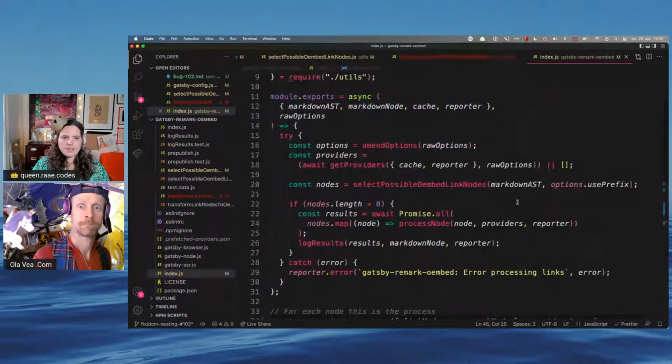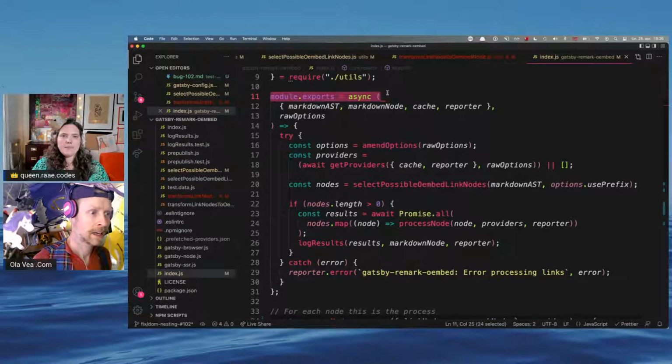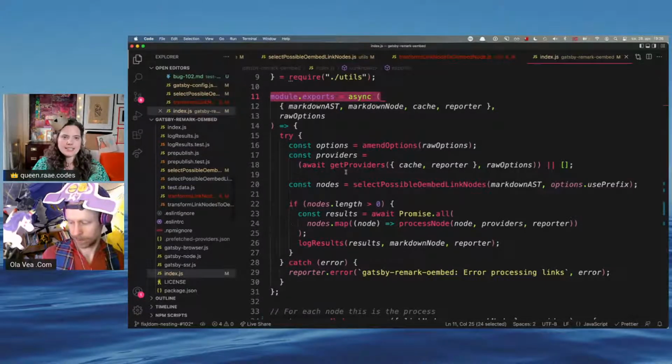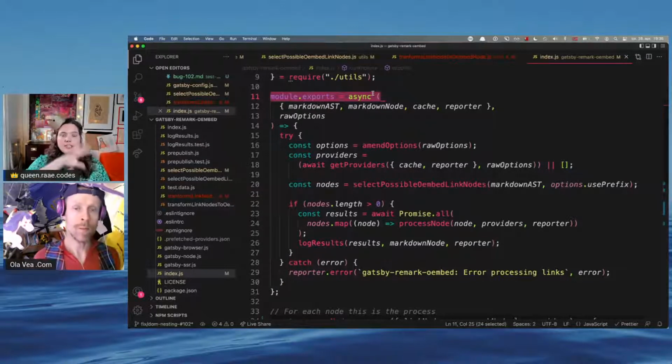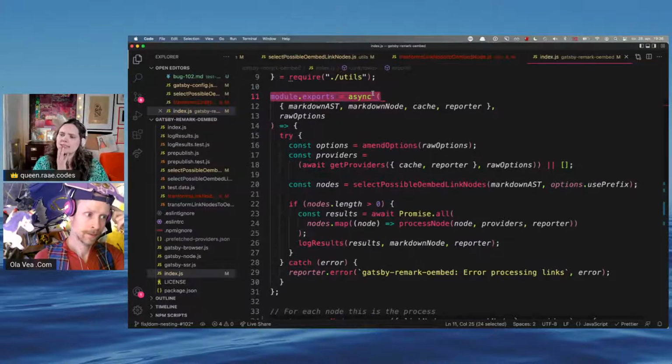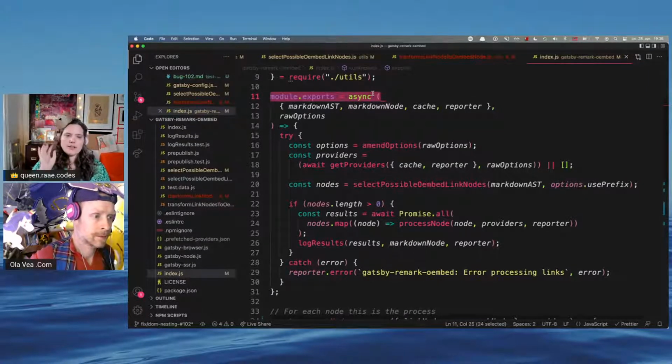Yes. So when we are creating sub plugins for the Remark plugin, we actually only export a main function from index.js, and then when Gatsby transformer remark does its onCreateNode and checks if it's a markdown node, or I think maybe when it creates it, anyway, it calls this function. So we don't use any of the lifecycle functions in here. We only export this main function, and then the Gatsby transformer remark plugin is in charge of fetching this.